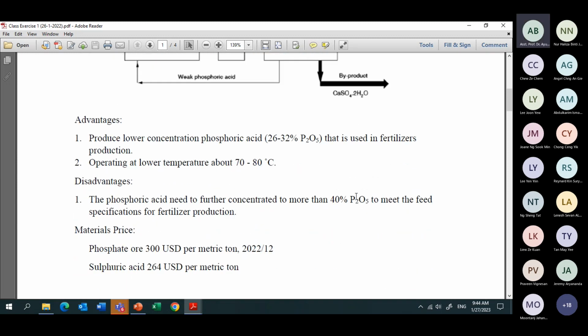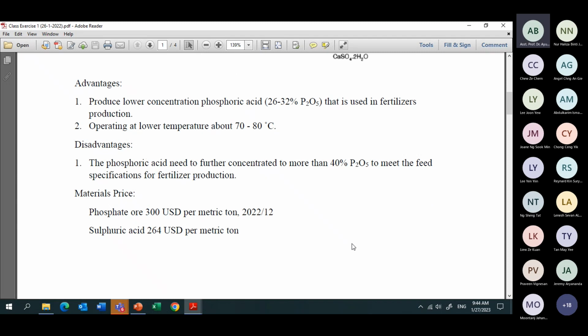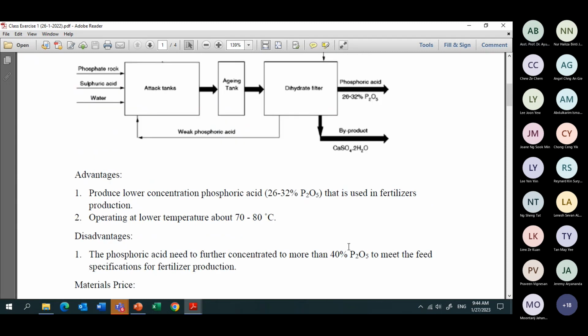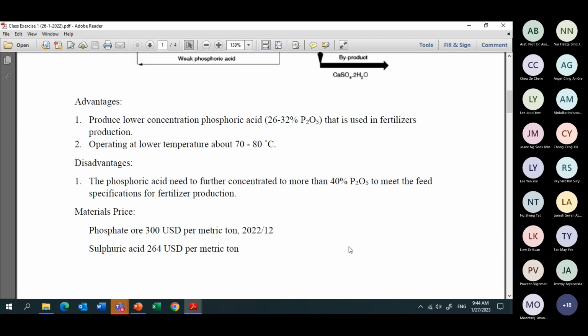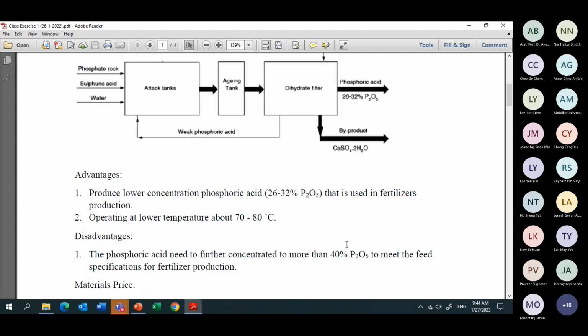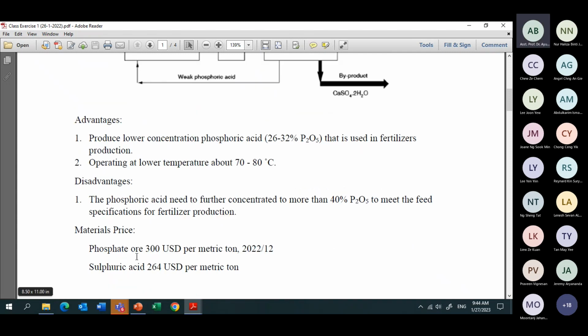Okay, listed the advantages and disadvantages. Material price of the raw material. Phosphoric acid price didn't include. Oh yeah. For the gross profit maybe, miss out that one. Okay, this one should include